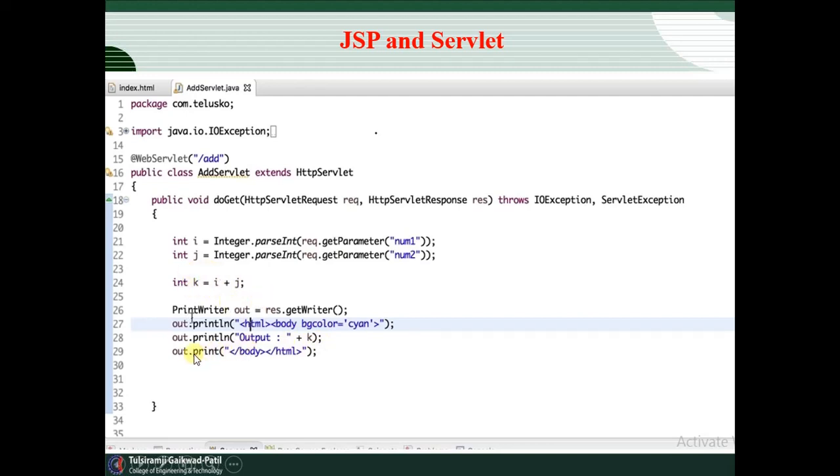Again we close html and body, and this is printed with the help of out.println. So this is related to servlet.